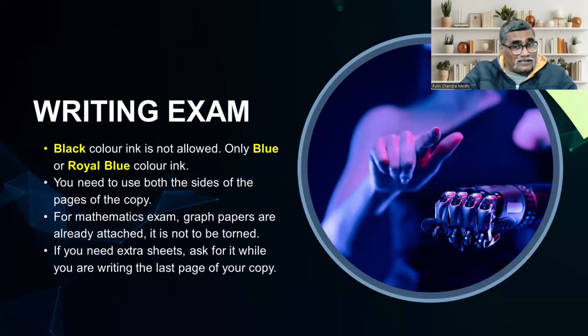So whenever you need extra sheets, you plan it before you finish the last page. Supposing that you are starting the last page and after that you need a sheet, at the beginning of the last page itself you inform the invigilator, because that invigilator will inform the CBSE in charge. They will then supply the extra sheets, because these are numbered and we have to follow a process. You will not get it very immediately. If you ask for the extra sheets at the last moment, invigilators will not be able to give you then. So be very alert.